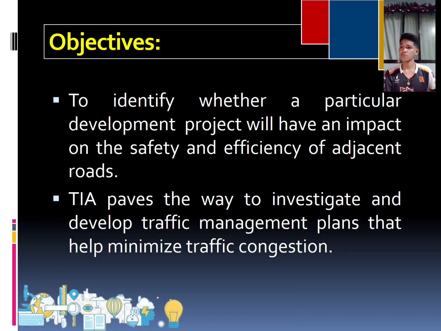So here are the objectives. First is to identify whether a particular development project will have an impact on the safety and efficiency of adjacent roads. It means to assess how the project might affect the flow of traffic and the overall safety of the surroundings. Last is TIA or the Traffic Impact Assessment paves the way to investigate and develop traffic management plan that